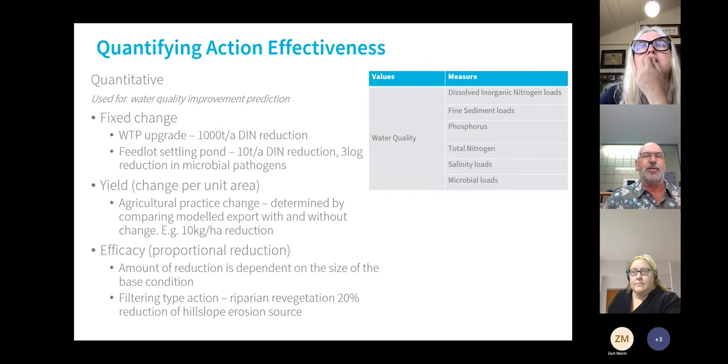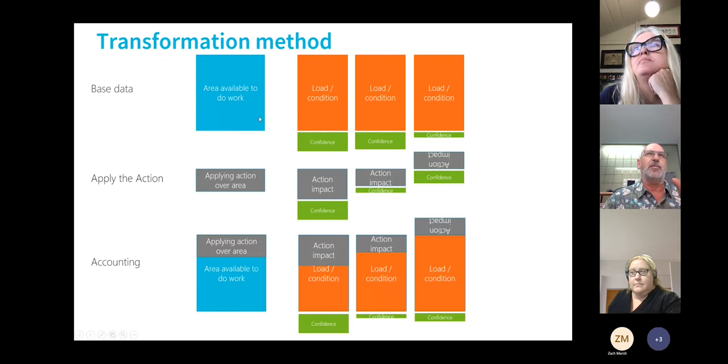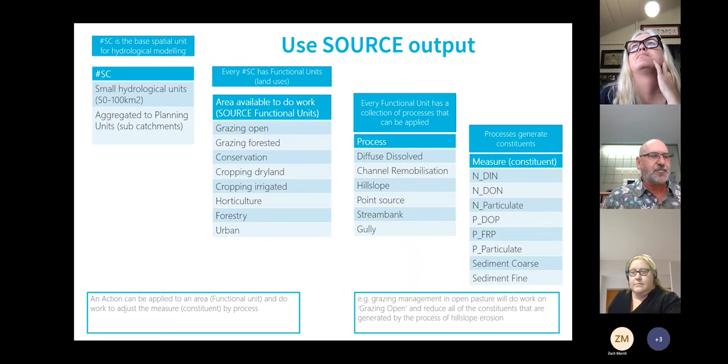Ultimately, and we talked in the earlier session about how we would capture those effectiveness measures. So today is really about thinking about the base data back in this diagram, this base data representing the area to do work and the load or condition, just for the biophysical stuff. And the pilot case for